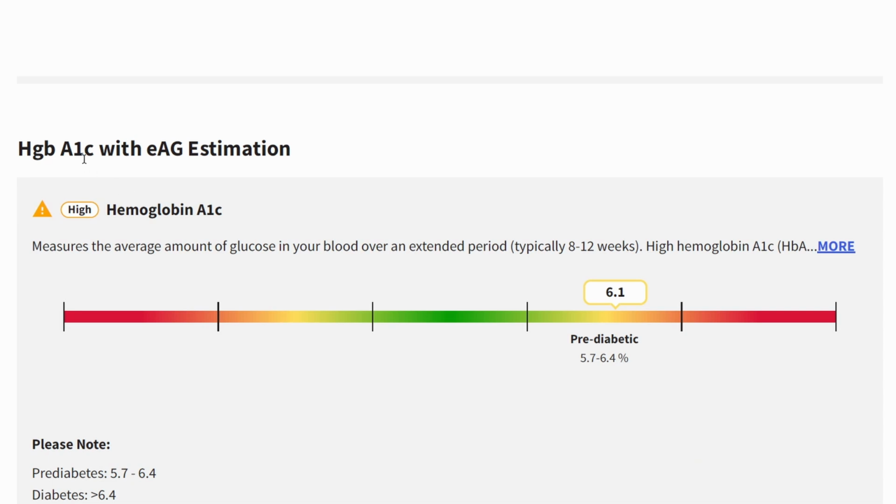And here we go. Hemoglobin A1C. This is the average blood sugar over the past 3 months. This was elevated at 6.1%, almost in the diabetic range. So this patient is technically pre-diabetic, which is good to know because it's kind of a wake-up call, because this could